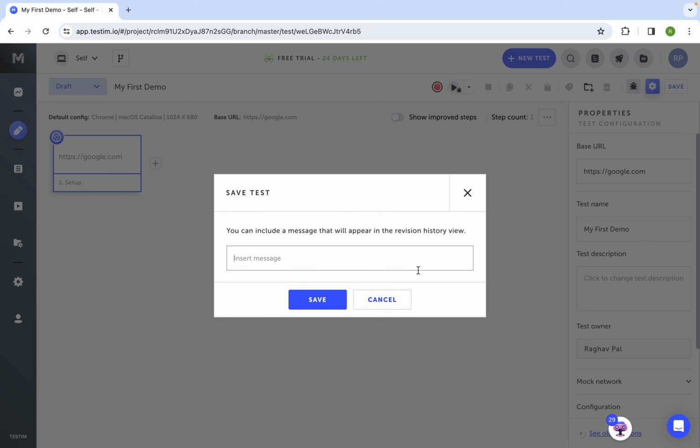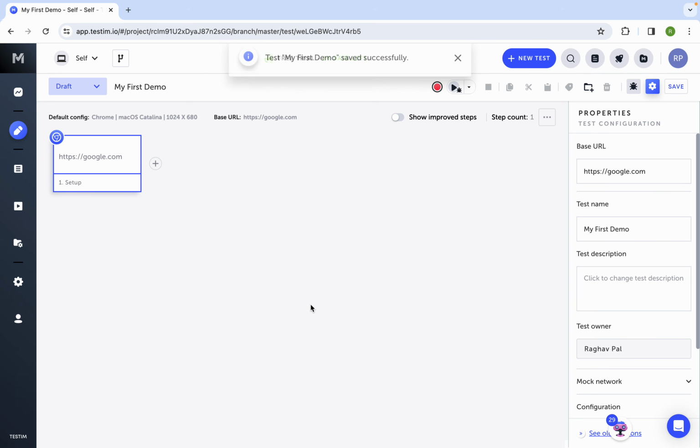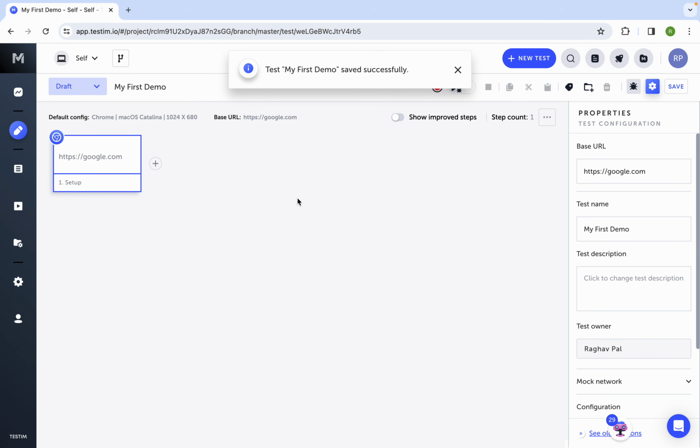So I will say updated base URL. You can give meaningful messages here, and this is optional, and then I will say save. So this is saved, and now